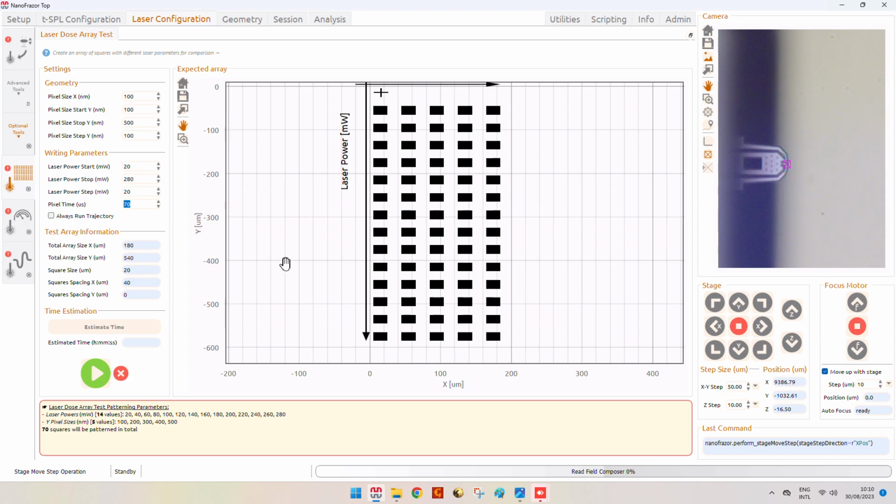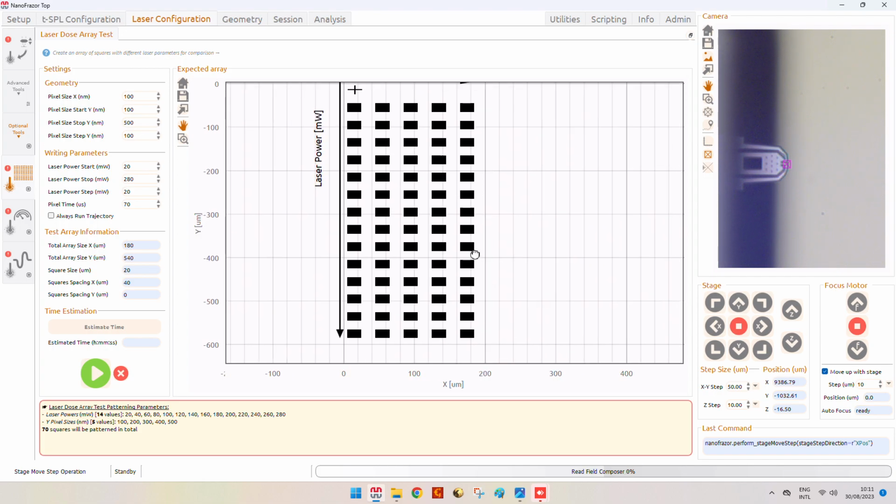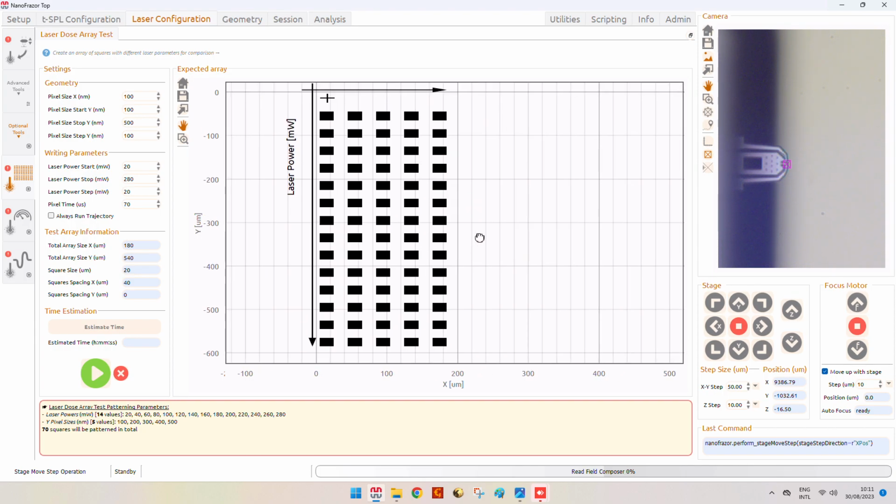In this way, we are able to evaluate initially graphic optically, observing our camera, and then we can also observe with our nanofraser, with the reading functions, the ability of writing with the laser on our specific substrates. So let's have a look how this laser dose array test works.